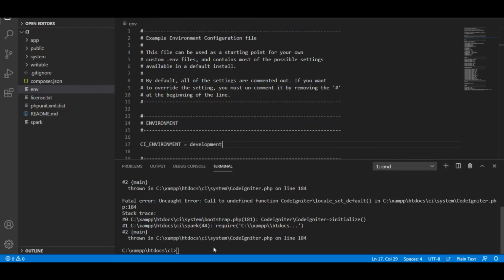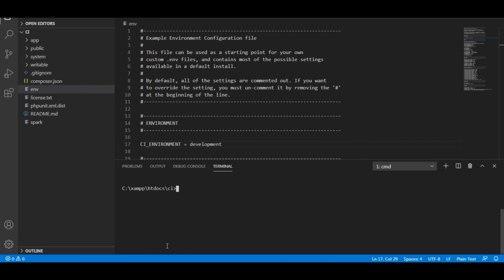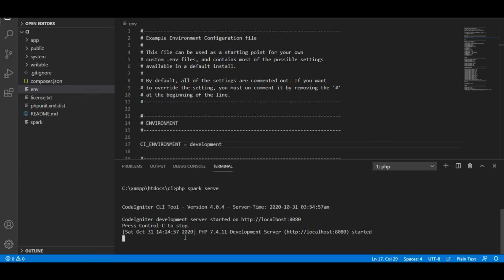The second way: let's clear this. Open the command line in the same CI folder and run php spark. Spark is the default server used by CodeIgniter. Run php spark serve. Now the CodeIgniter development server is started on 8080.